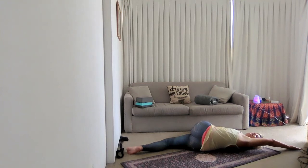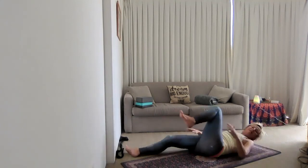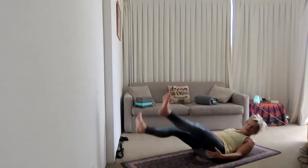Keep breathing, relaxing. It's a gentle twist in the organs once again. Feeling that gentle twist in the belly. Keep relaxing and breathing, opening and receiving. One more breath. Let's bring our knees back into the chest and let them float down towards the earth for